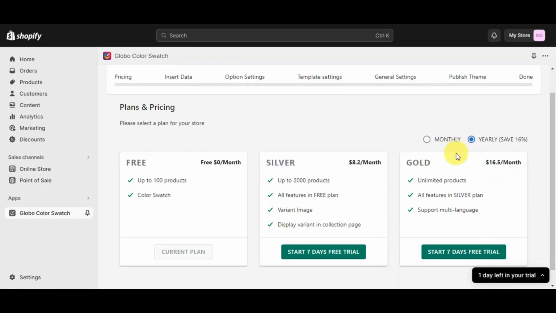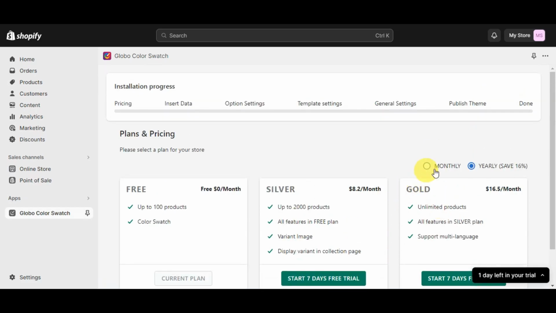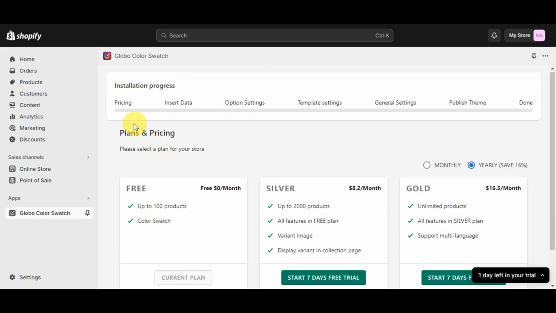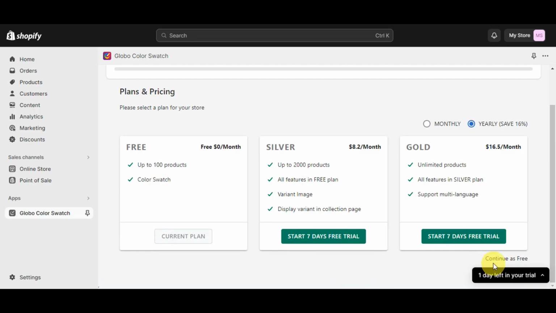Now, as you can see, we're currently using the free plan. There is also a silver and a gold plan, and here are some of the features that it offers. You can also start this with a 7-day free trial and choose from monthly to yearly. So we're going to start here with the pricing. Once we've chosen the current plan, the free plan,